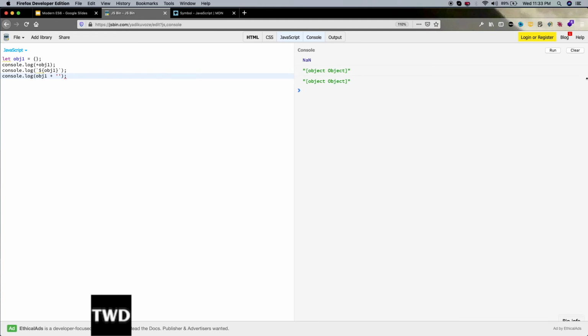Now, what will happen with the symbol type toPrimitive which we have seen? If you add that in an object, what happens? obj2 equal to, and we use it like this: Symbol.toPrimitive, where P is capital, and then we give a hint.